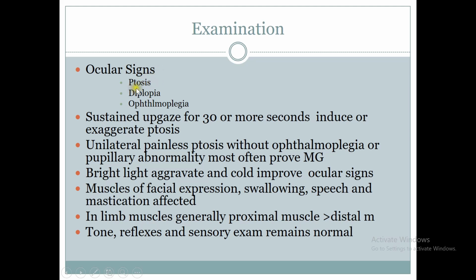What is the clinical presentation? How does the patient present? It is characterized by fluctuating fatigable weakness of commonly used muscles, as we discussed. The hallmark features of myasthenia gravis include ptosis, diplopia, dysarthria, and dysphagia due to weakness of bulbar muscles, and